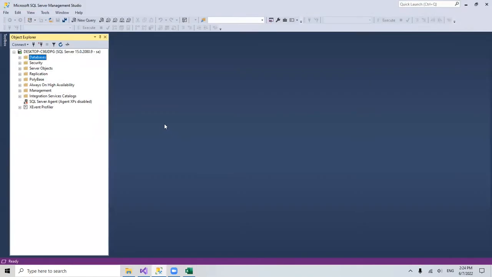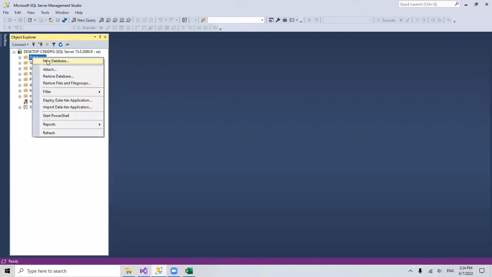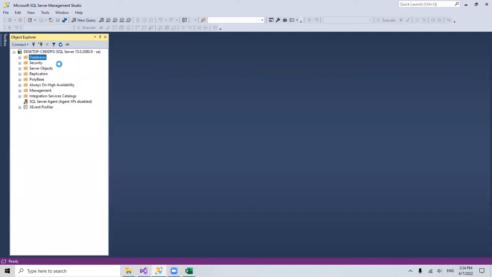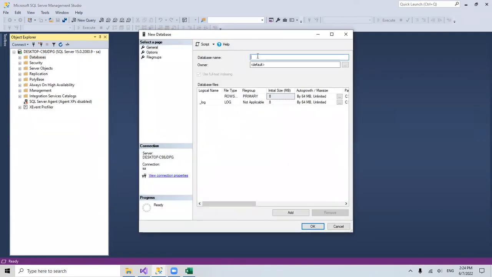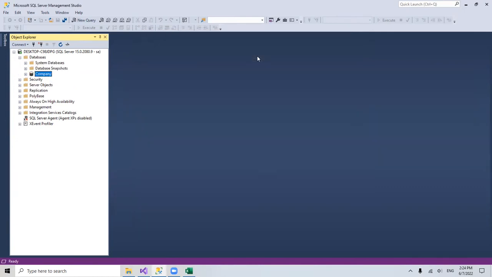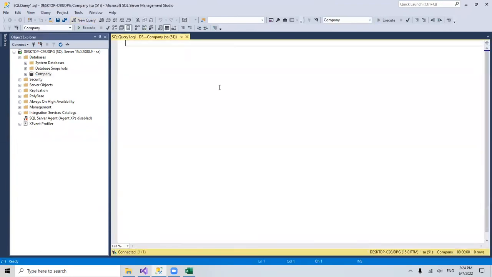Open the SQL Server Management Studio, right-click on Databases and click New Database to create a new database that we're gonna call company. Click OK. So you see the company database here. Now click on New Query and write